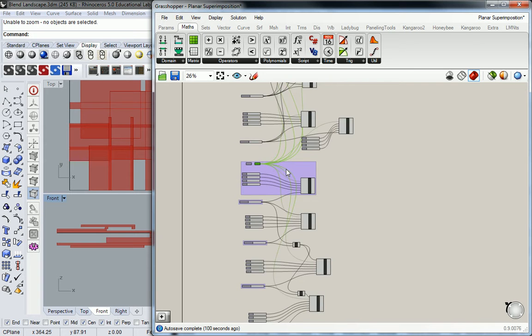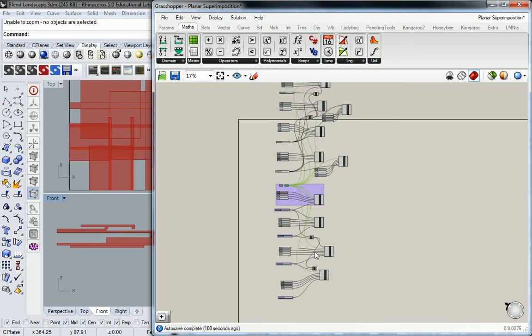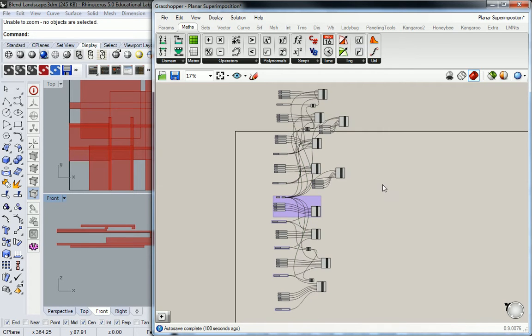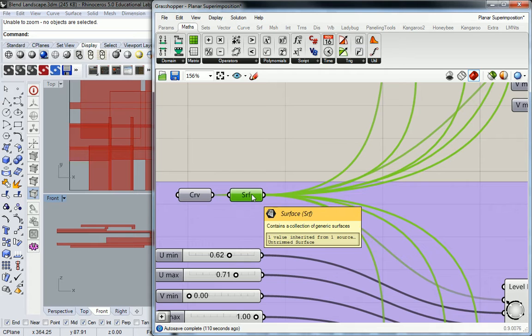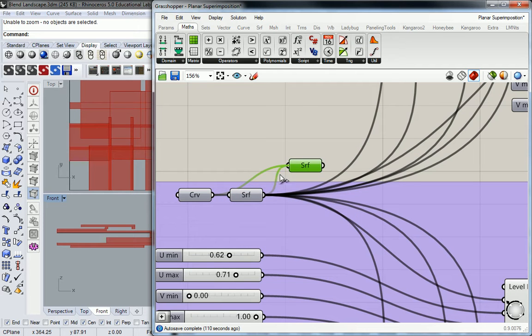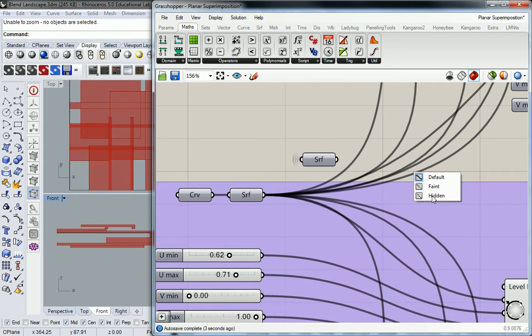But what happens is that thing actually feeds out to every single one of these definitions, and it's a real pain in the butt to manage, right? Because it looks nasty. This thing just doesn't look good. So the way that you combat that is copy and paste, and you can actually connect this and create a wireless display. That looks like that,